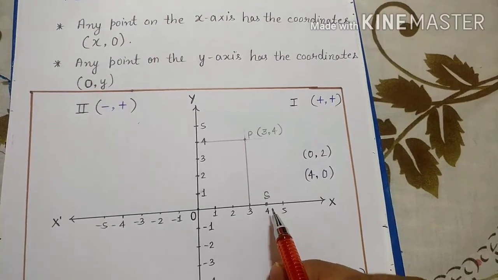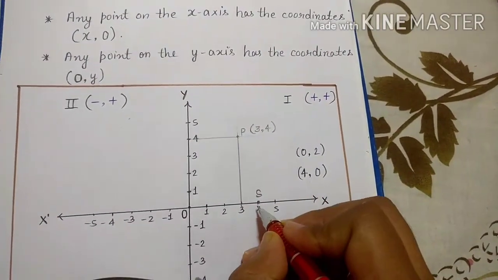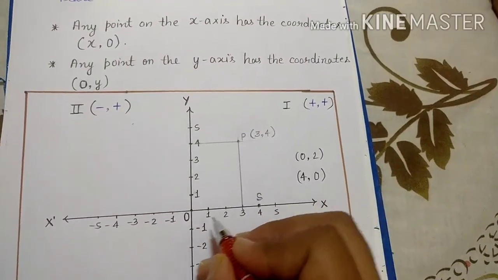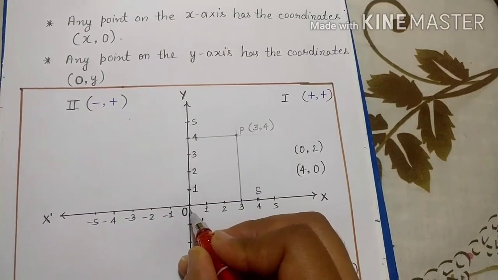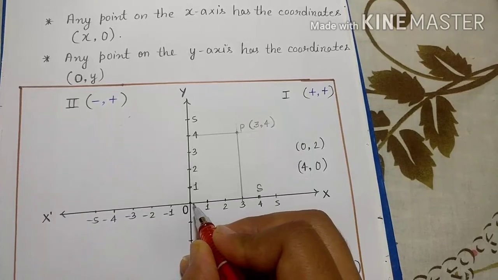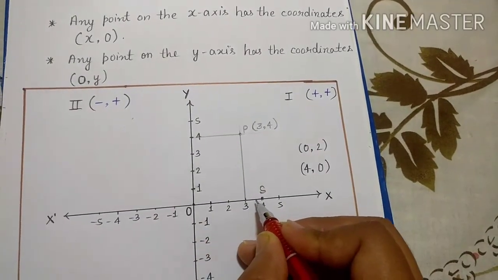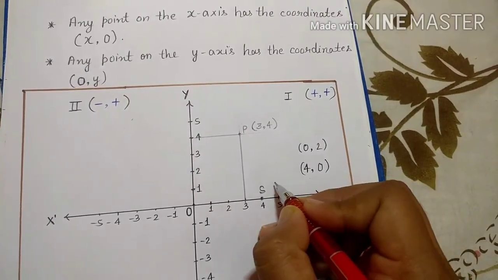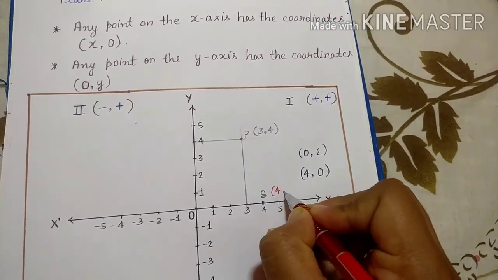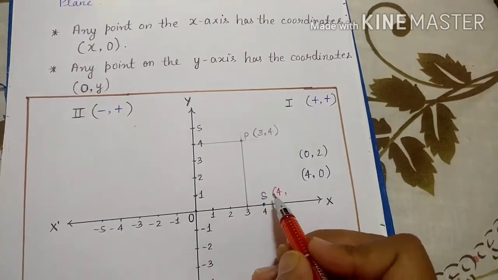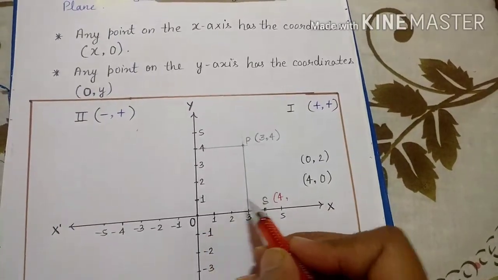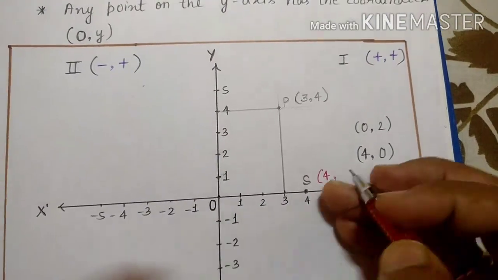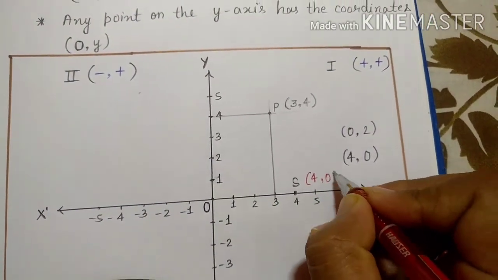But in this case, when the point S is on the line, what can we do? Just check here. First we check the distance along the x-axis, from 0 to x. This comes to 4 only, so we write 4. Then check the distance from the y-axis. It is 0 only because it is on the line. That's why it comes 0. So we write (4, 0) here.